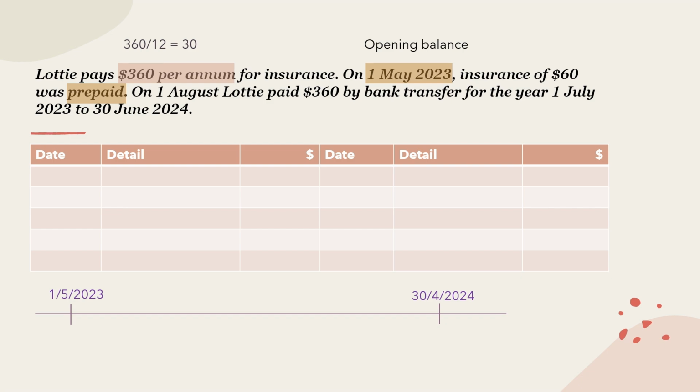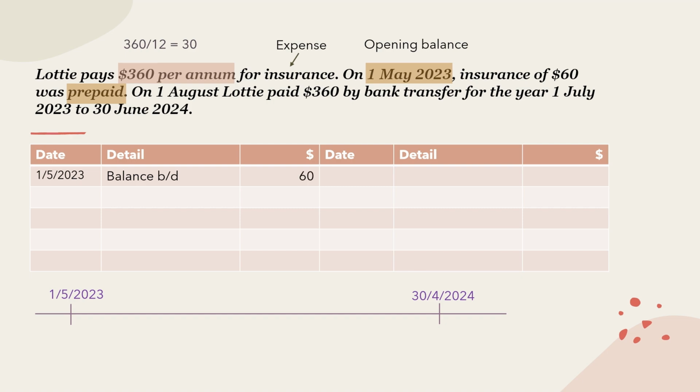So remember, insurance is an expense account. And when an expense is prepaid, that means you haven't yet received the service, but you have paid in advance. It's considered as a current asset, an other receivable. Since it's a current asset, it goes on the debit side. So we can record that opening balance on 1st May 2023 in the insurance account, saying balance brought down